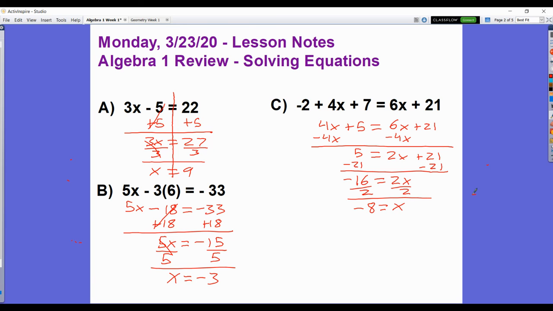And we have our answer for x. Again, you can always take this negative 8, put it in for x, and see what you get for an answer. We could turn this around if you like it to look like that better. You could say x equals negative 8. All right, there's our first review lesson on solving equations. Try the problems on your own. See how that goes. Remember, this week I will have some office hours